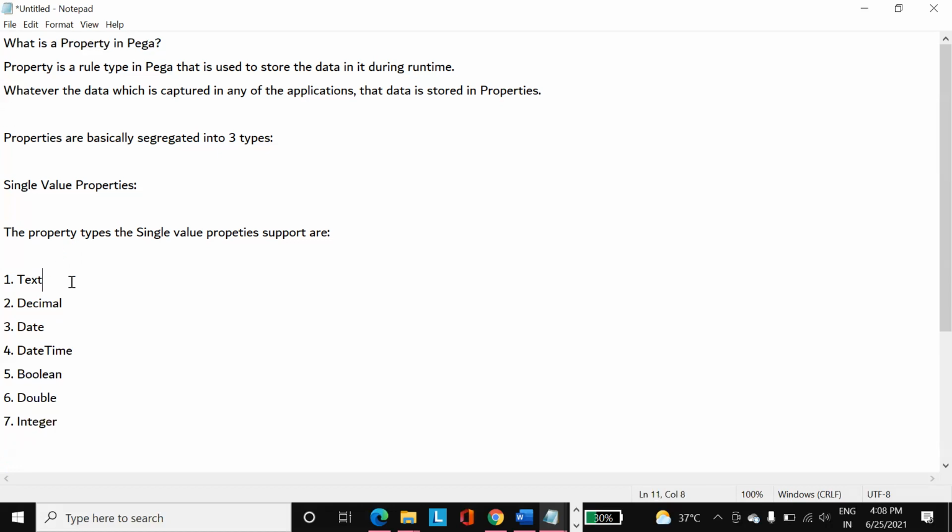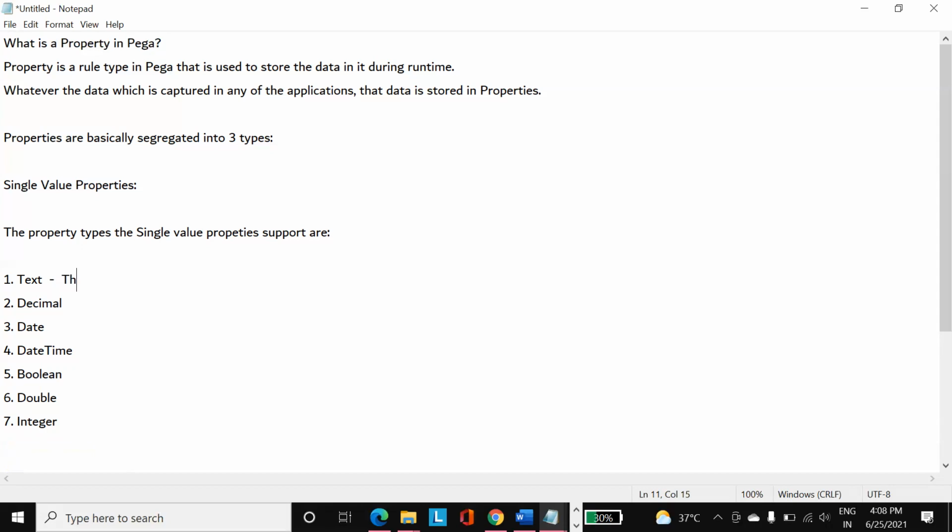Let's take an example of text. If I create a property of type text, it will accept all the characters. Text is like a varchar type, which will accept text data, special characters, numbers, integers, everything. If you want a property which has to accept any kind of values, then you will choose a text property.